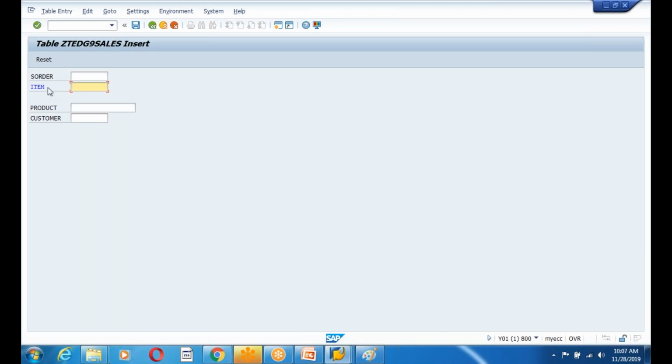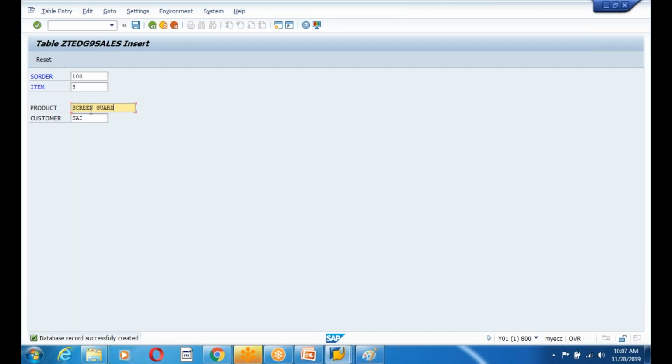See, you can see the blue color means it's a primary key. So now I can store, guys, 100. Next item is 2, product is case, and customer is Sai. Control S, save. See, guys, the data record is successfully saved, and I enter 3 and it's a